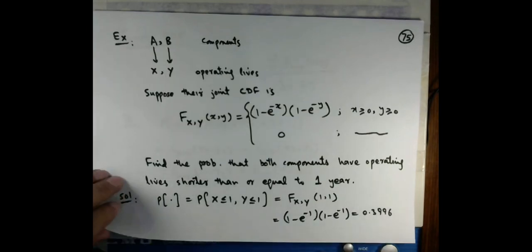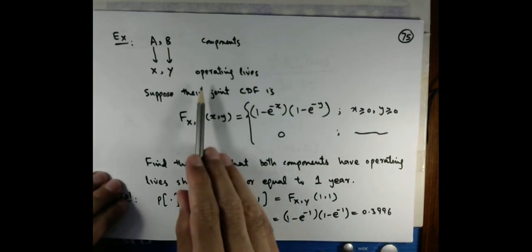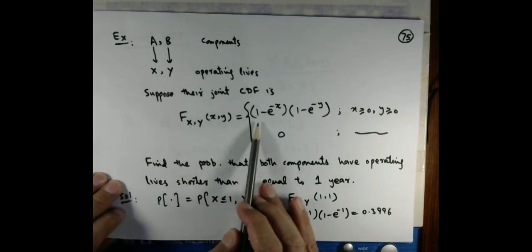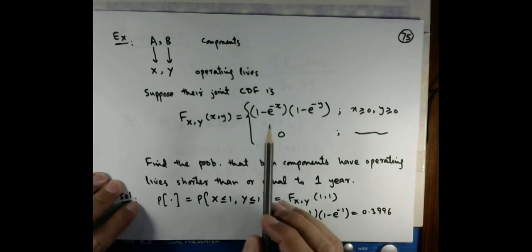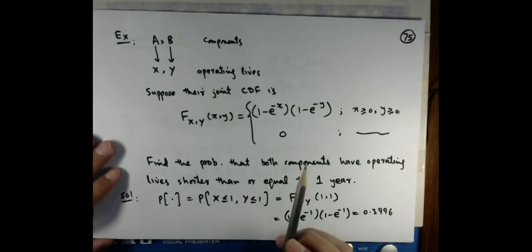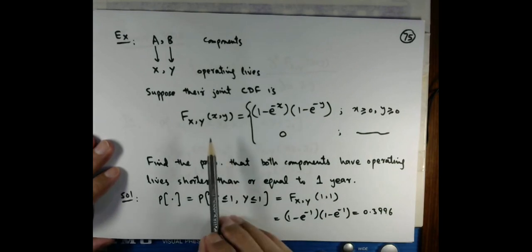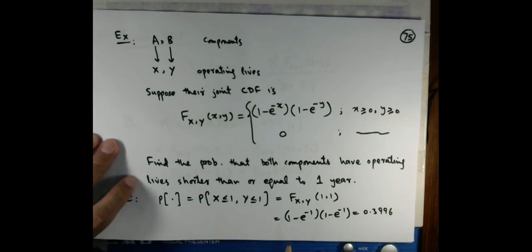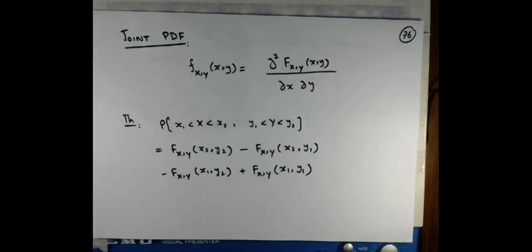We did a simple example on the operating lives of two components. Operating lives are random variables x and y, and their joint CDF is supposedly given as this. We don't need to go into the details on how this is obtained. You just simply remember that this is given, and if that is given, we can find the meaningful probabilities of our interest. Then we moved on to the concept of joint PDF,